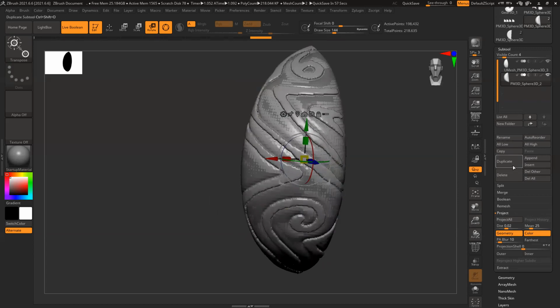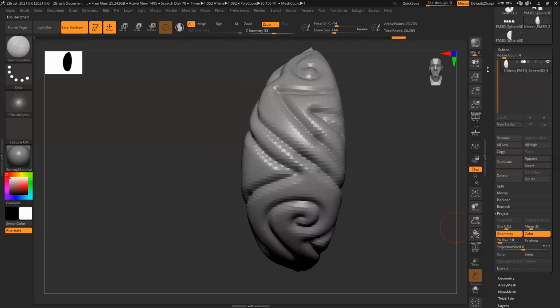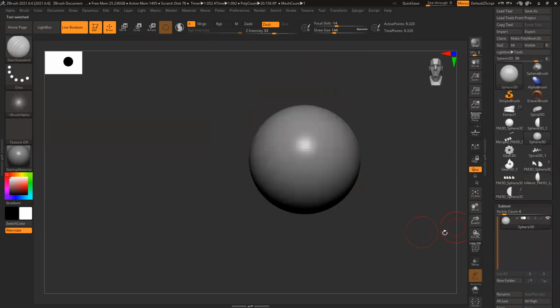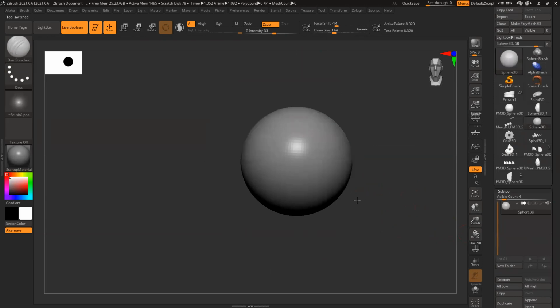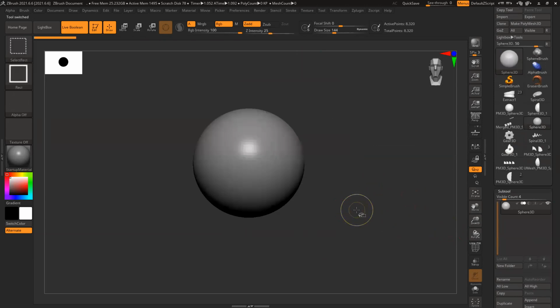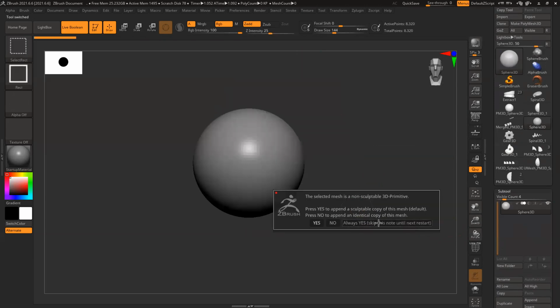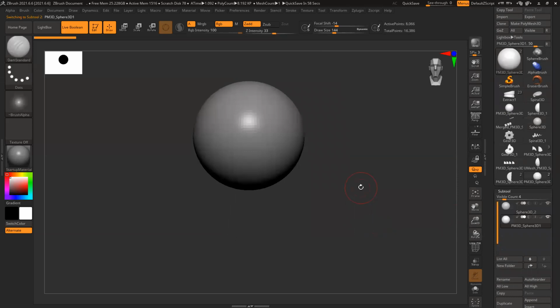Just give me a second. There's some mistake I did. Sphere. Okay. Control Shift D, duplicate the model.